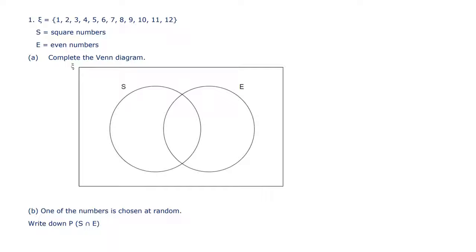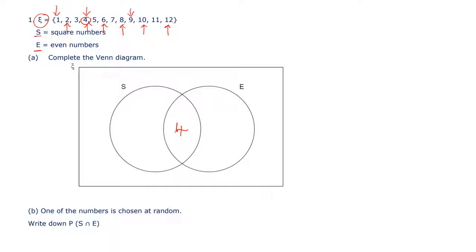So now we need to put numbers into the Venn diagram. So this symbol just means that these are all the numbers that need to go in the diagram, so don't forget about the ones that aren't in the 2 categories given. So we'll look at these 2 separately. We've got square numbers, 1, 4 and 9, and then even numbers, nice and obvious. And then the only one that's in both is going to be the 4,